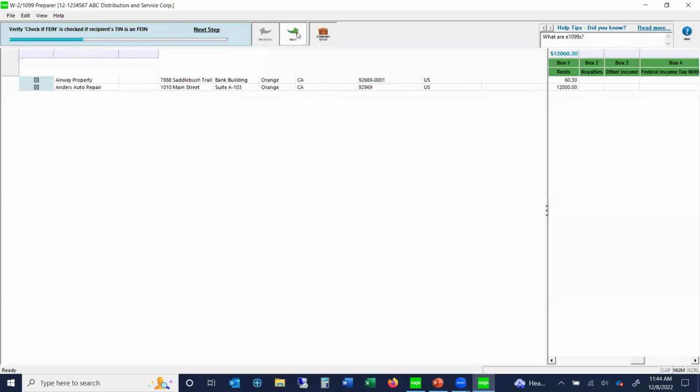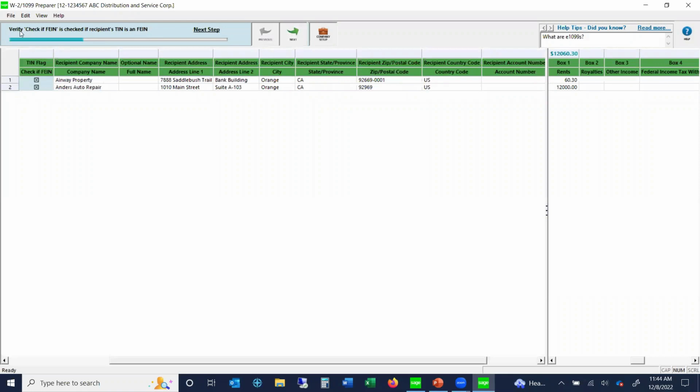So I do next again. And notice now it's changed. It's saying check, verify that your check FEIN is checked. So basically, this is the section that's in blue, so that's what it's talking about. So it recognizes that this is a business, so it checks that box because that's one of the things on the 1099 form. And if these were individuals, then that would not be checked. So that's just another way for you to double check, make sure you've got those vendors set up properly in vendor maintenance. So I do next again,